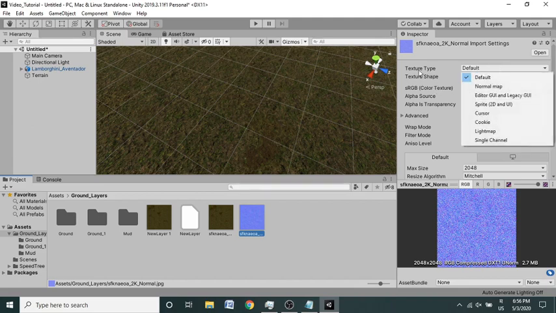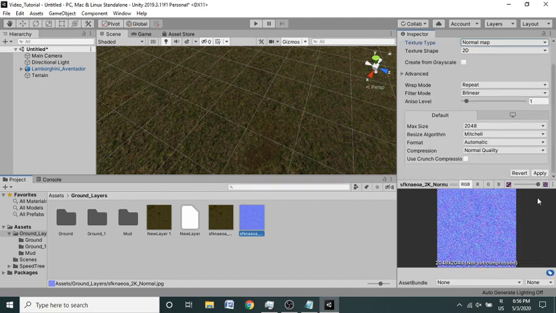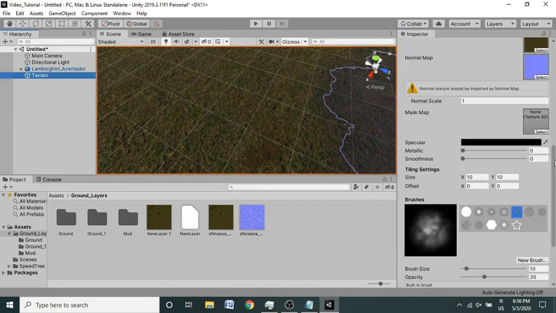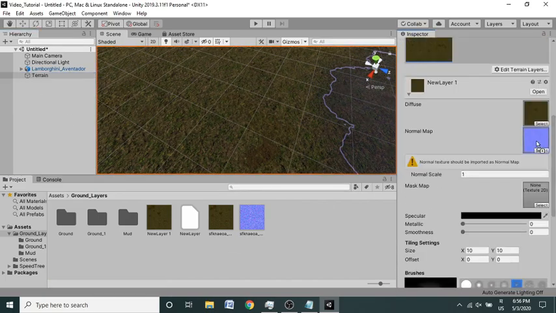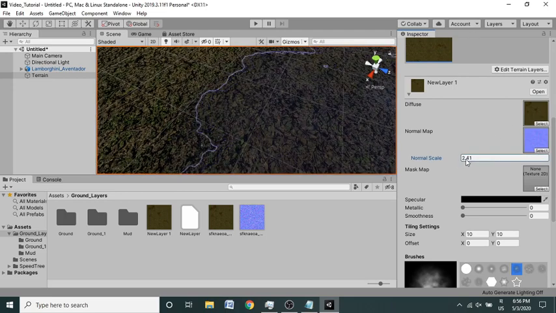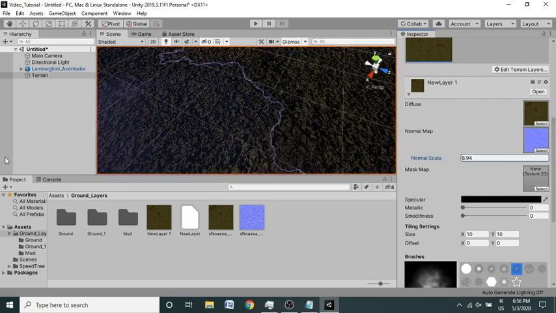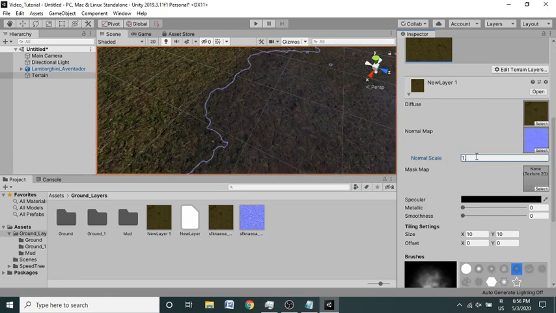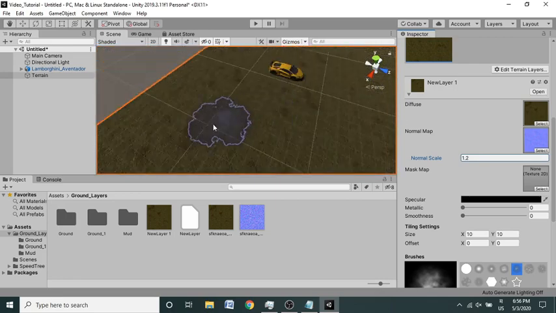We have an option called texture type. Set it to normal map, scroll down and hit apply. Just like that, it will convert into a normal map. Again, drag this texture and drop it inside the window. As you can see, we have added so many details. Like, we are calculating some shadow. You can increase the shadow value to be any value you want, but I think 1.2 or 3 is completely fine for this.